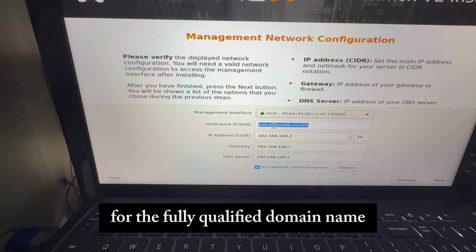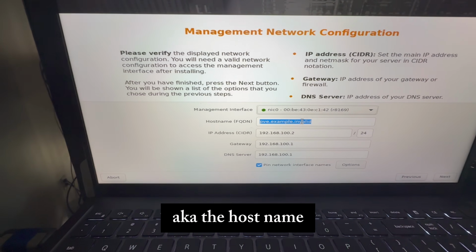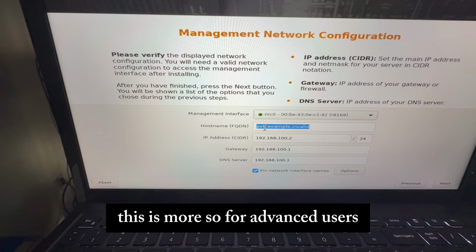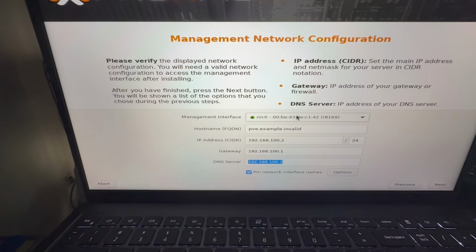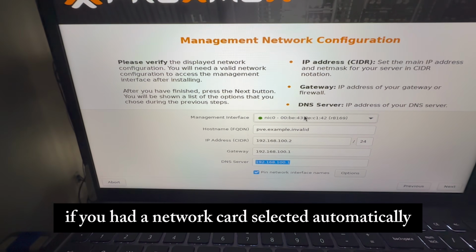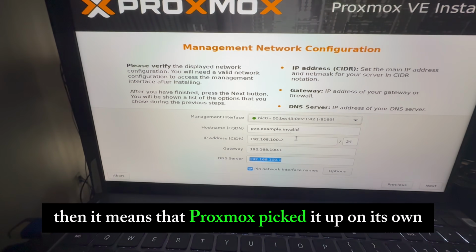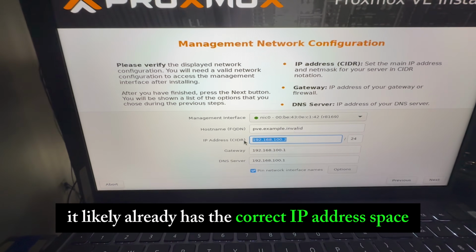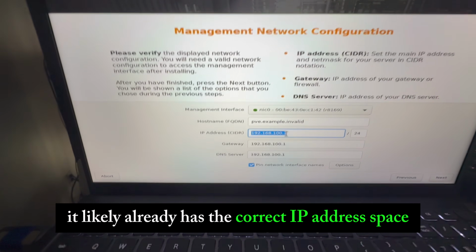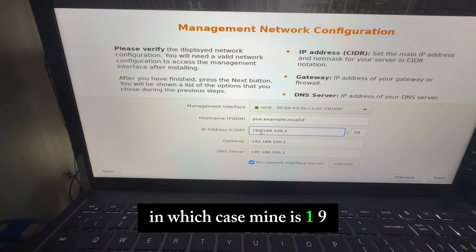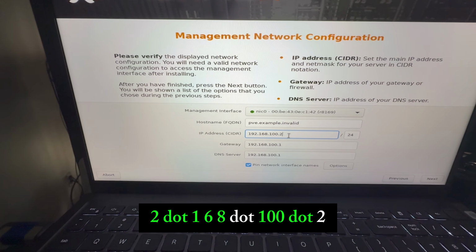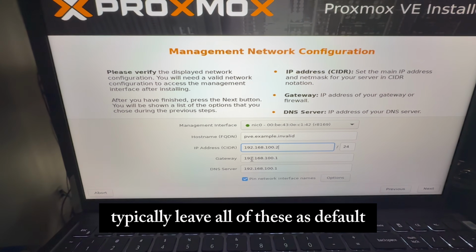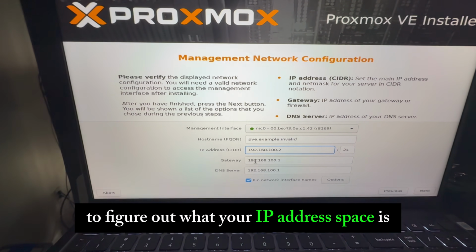Now, for the fully qualified domain name, aka the host name, you can actually put whatever you want. This is more so for advanced users. If you had a network card selected automatically, then it means that Proxmox picked it up on its own. It likely already has the correct IP address space, in which case mine is 192.168.100.2. You can pretty much typically leave all of these as default,